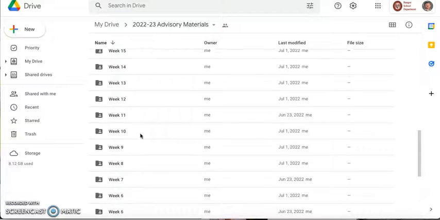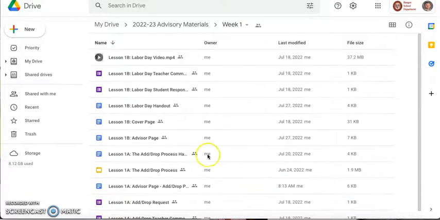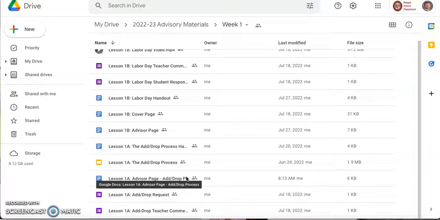It's important to note that week one, and I'm going to click into week one right here, has a couple of lessons. Lesson 1A is intended to run during Mod 1-2 on Thursday, the first day of school. Lesson 1A is how to do the add drop and how to contact your counselor if you want to make a change. So what you'll be able to do is click right into this Lesson 1A